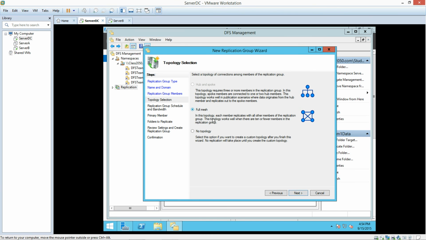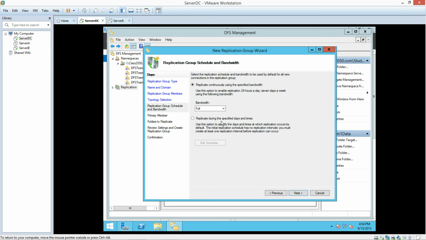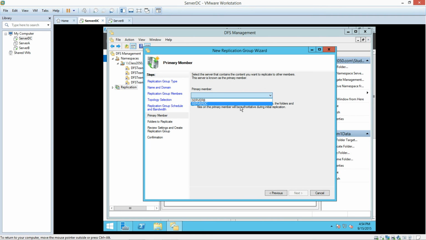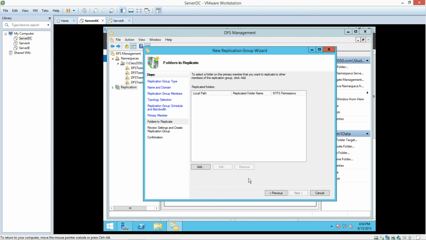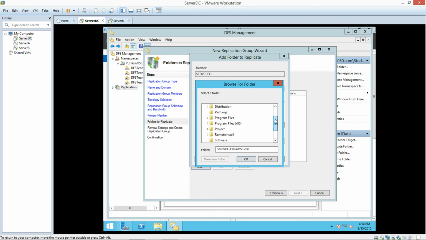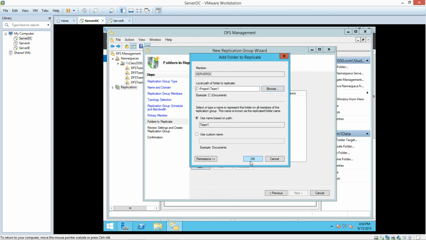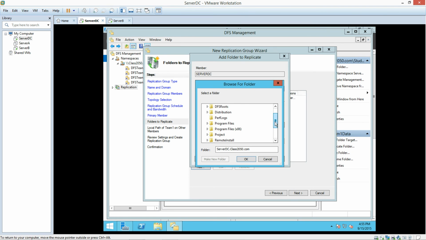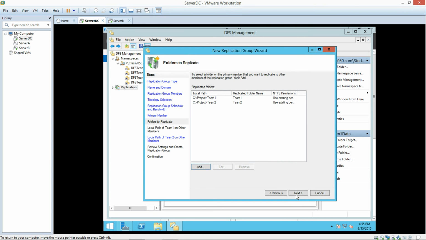We're going to go to full mesh, click next. We're going to select next, select the primary member, which is server DC, click next. We're going to add the folders, so we're going to go to browse, and we're going to go to the project, go to team 1, click OK, click OK. We're going to go to add again, go to browse, we're going to go to the project and go to team 2, click OK, click OK. Now we're going to click next,